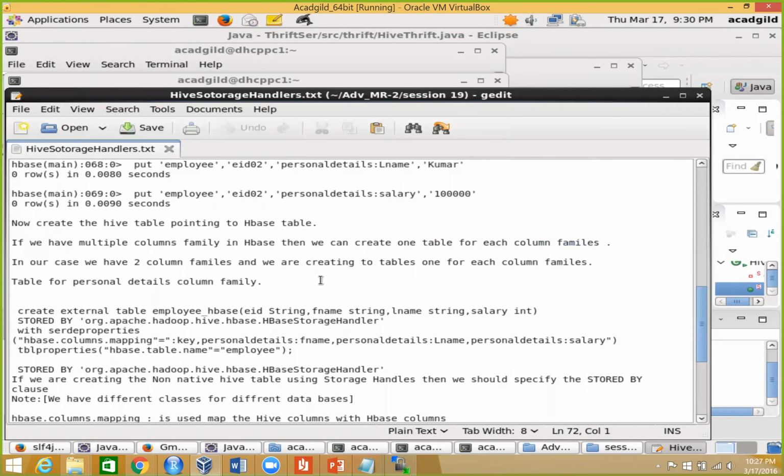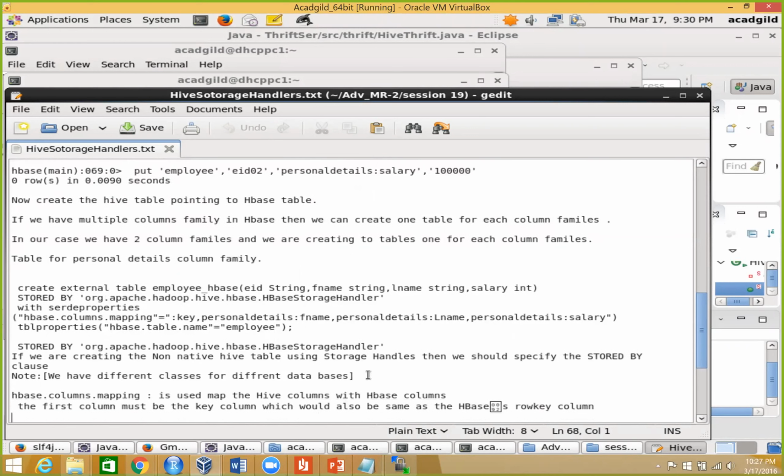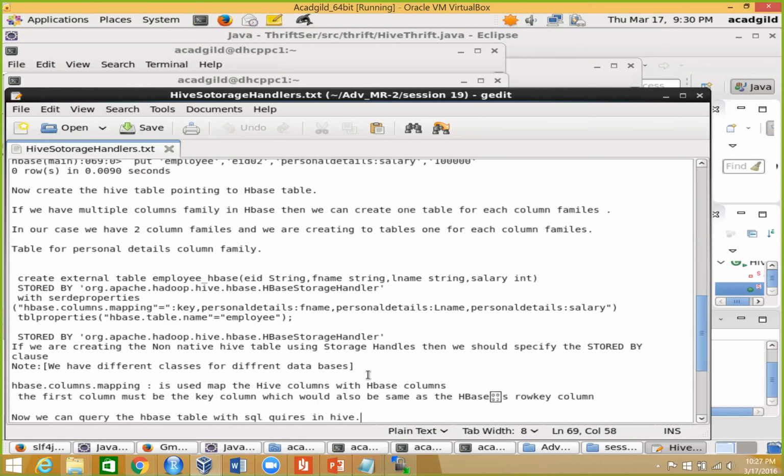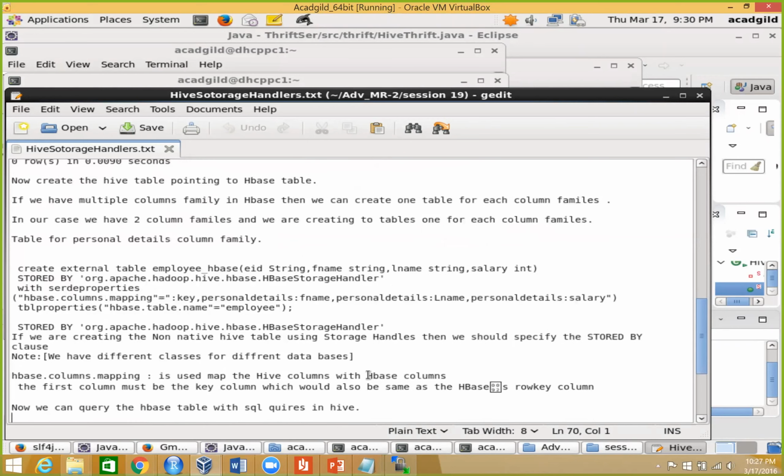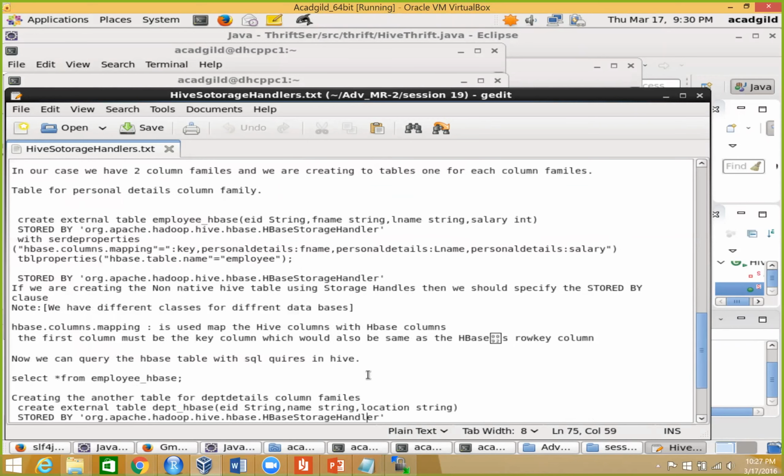Stored by org dot hadoop dot hive dot hbase dot HBaseStorageHandler. That's exactly what we did, right? Why are we utilizing this? I think somewhere we messed up. Okay, if you're creating a non-native table, it says stored by class; we have different classes for different databases. Column family. Okay, so right now we are using only the